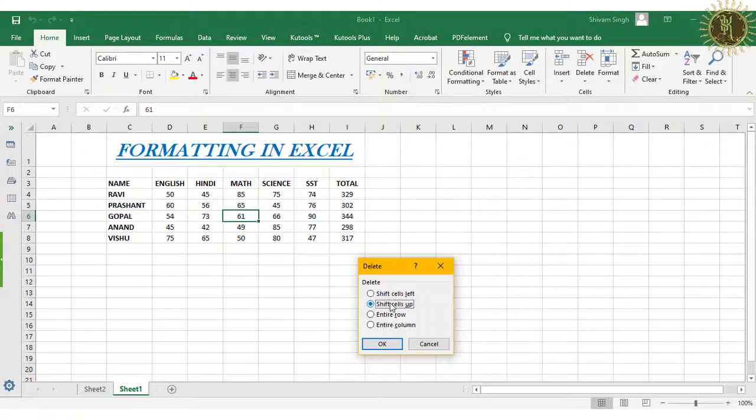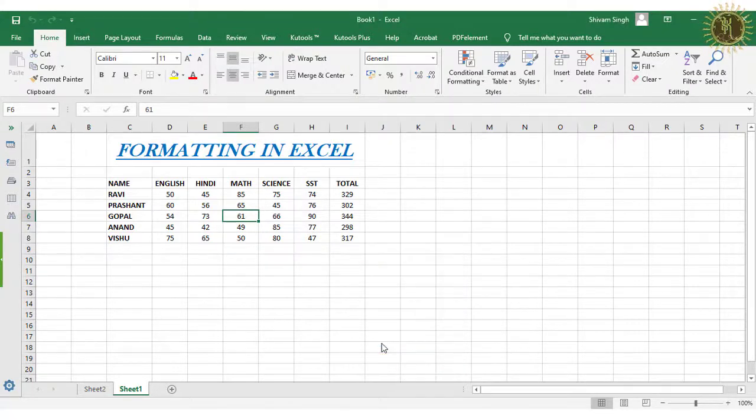We can select any of these options. After that click on OK. You can see this cell's data has been deleted and the data below that cell has moved upwards. So like this you can delete a cell.